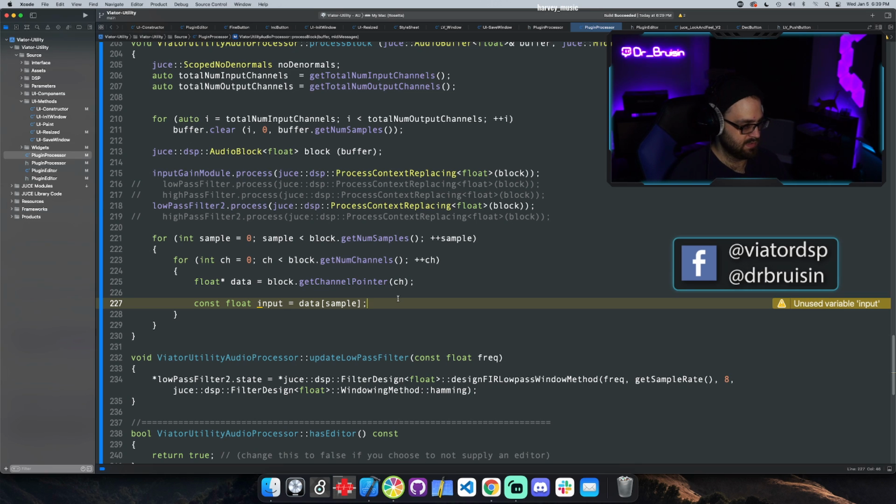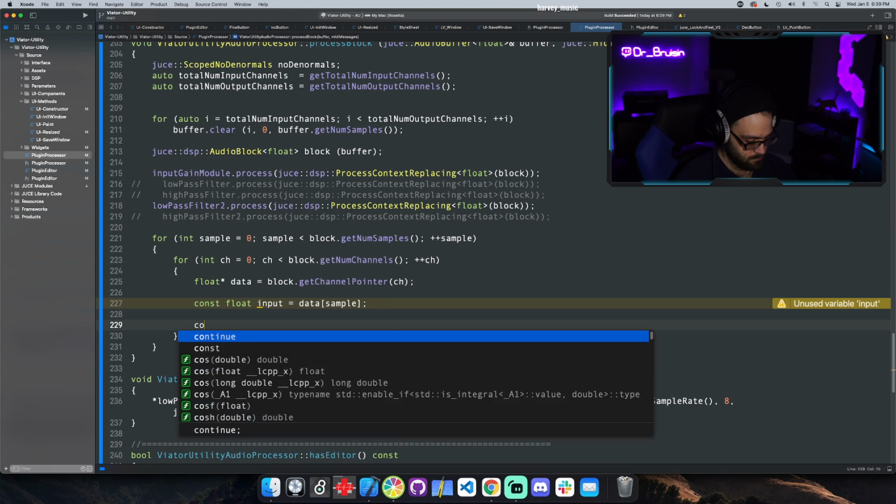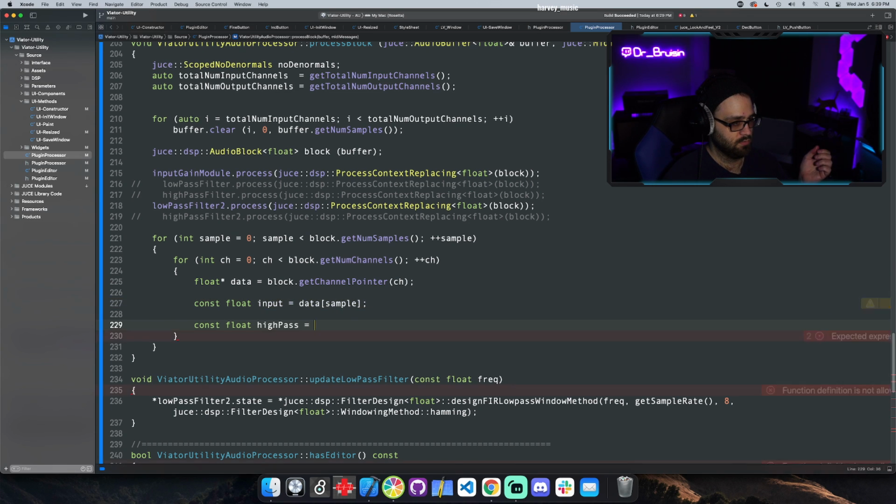Okay, and then we can say the high pass is equal to the input minus